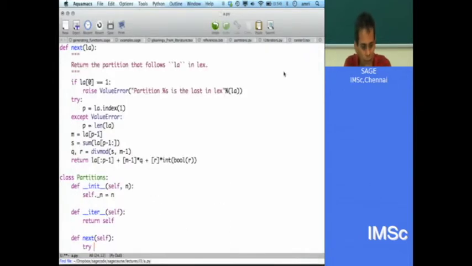So suppose I just try next of self dot current. It may give attribute error in fact, right? Okay, we'll just try that in a second.